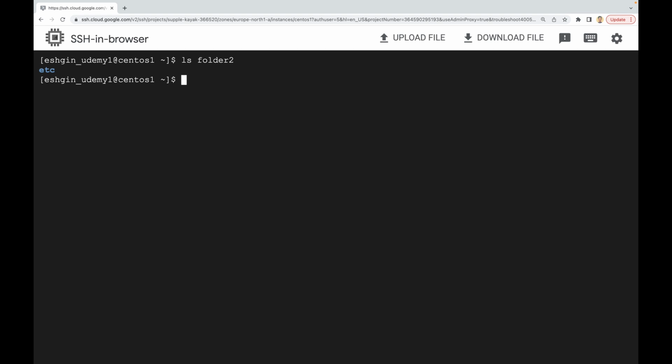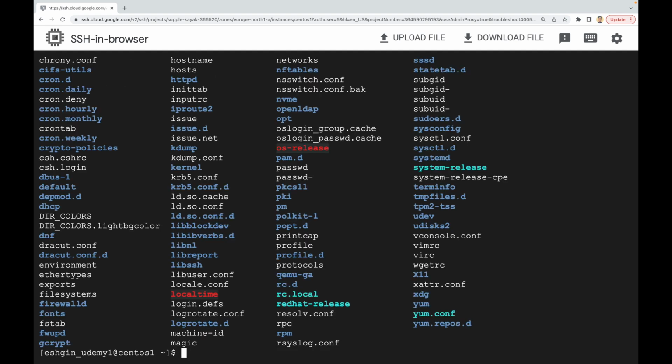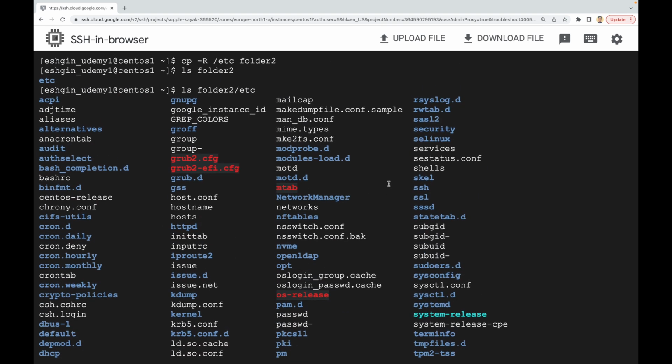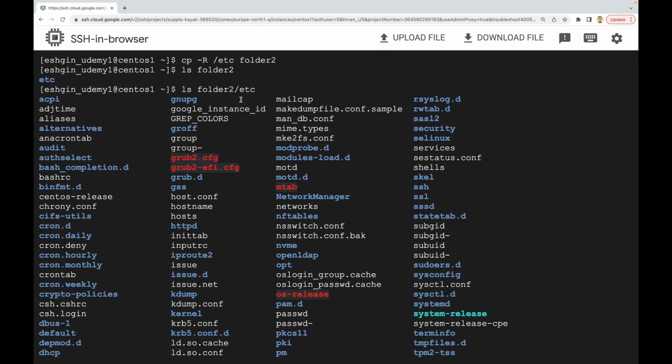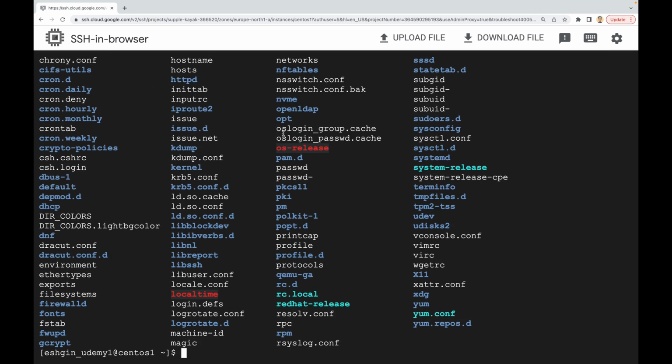So we have etc directory, and if we do ls etc here, we see some files are already copied to folder 2, under etc. I mean, we just copied the full etc directory to folder 2. But I'm gonna use ll and the option for directory, and in this folder 2 we have etc. So right now it has